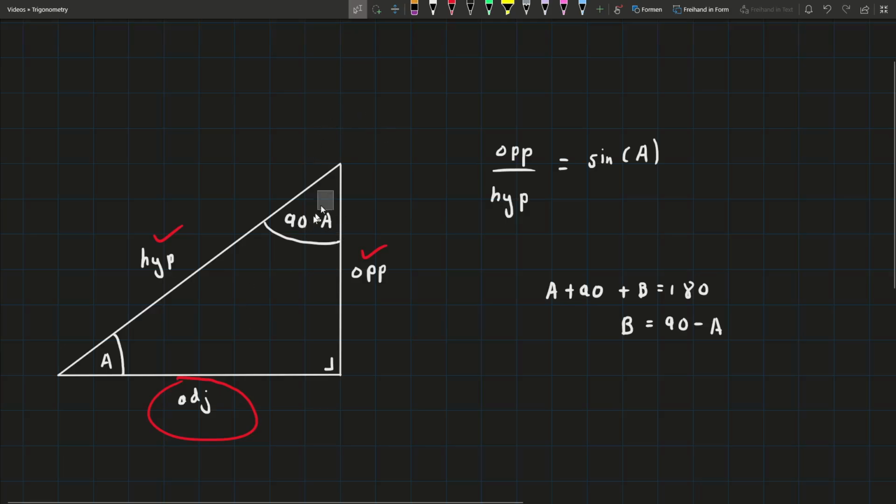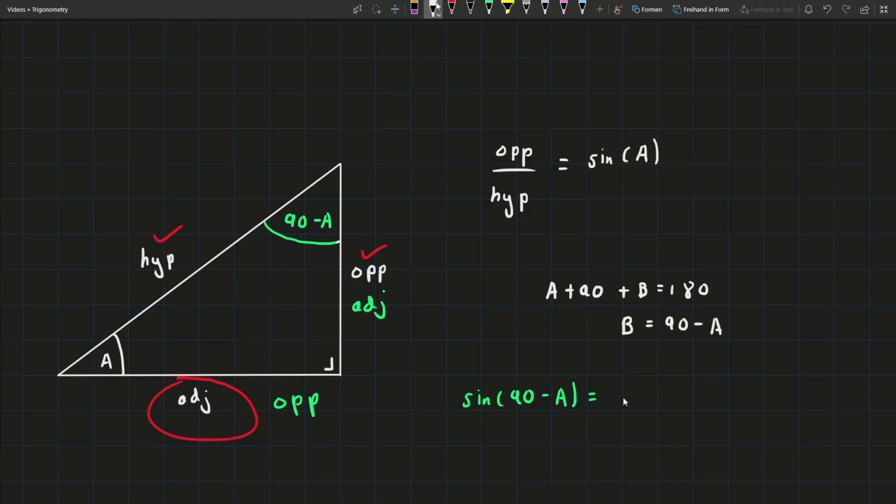So with reference to this angle, I'm going to put this angle in green to make this very clear. In terms of this angle, what side is opposite of this angle? Well, now the opposite side is this side over here. The hypotenuse is still that, and this is the adjacent from the perspective of the green angle. So what can we write now? We can write that sine of 90 minus A equals,